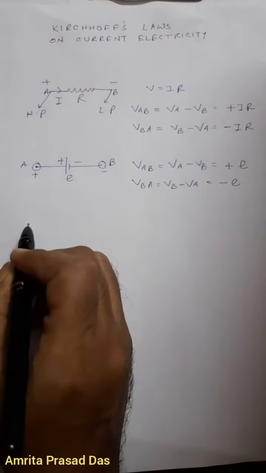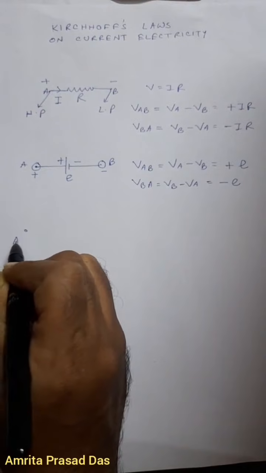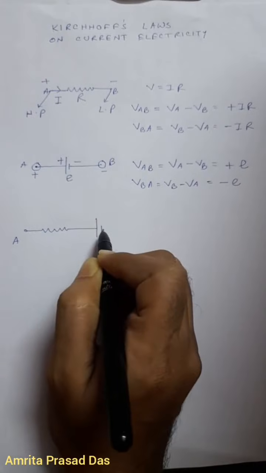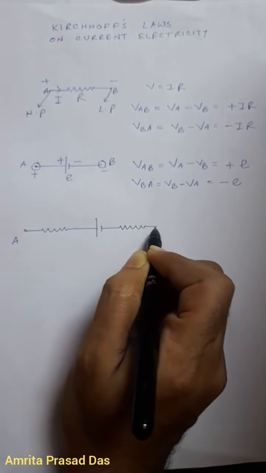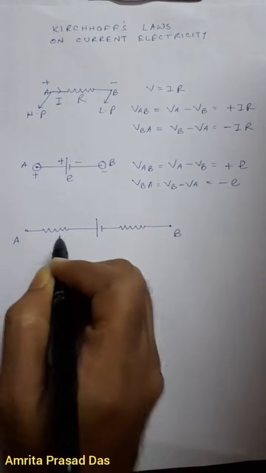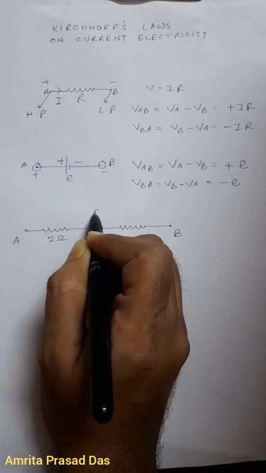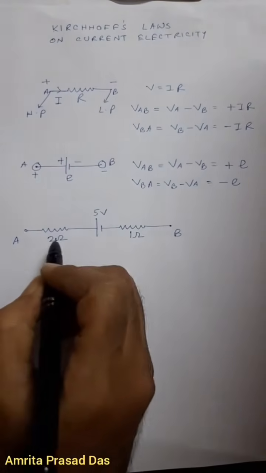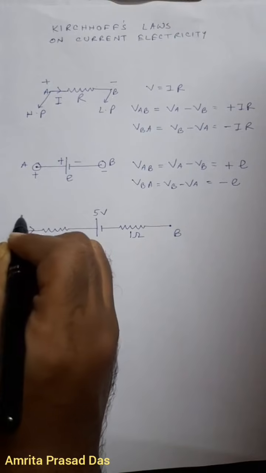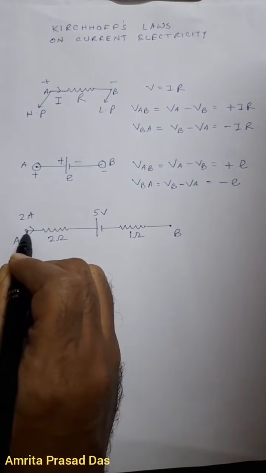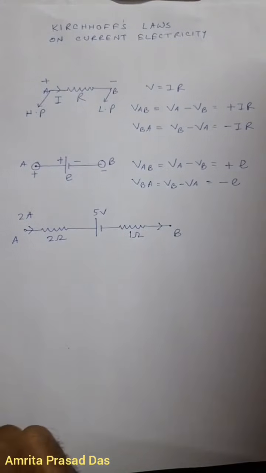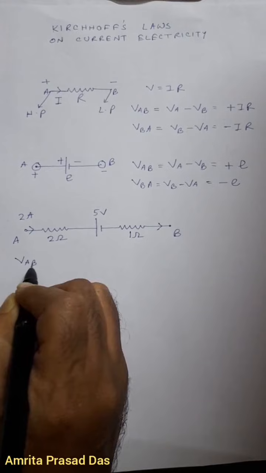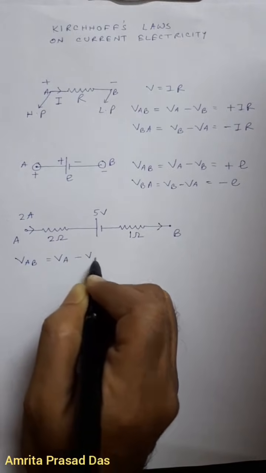Now you can think about a problem. Suppose this is a point A, this is a resistance, this is a cell, this is another resistance, and this is point B. Suppose this is 2 ohm, this is 5 volt, and this is 1 ohm. A current of 2 ampere is flowing from A to B. We have to find out the potential difference between the points A and B, that is VAB, that means VA